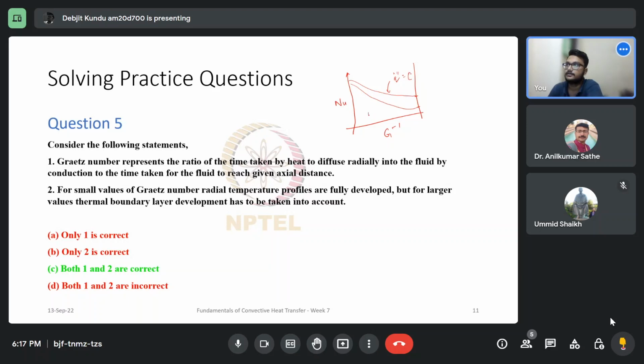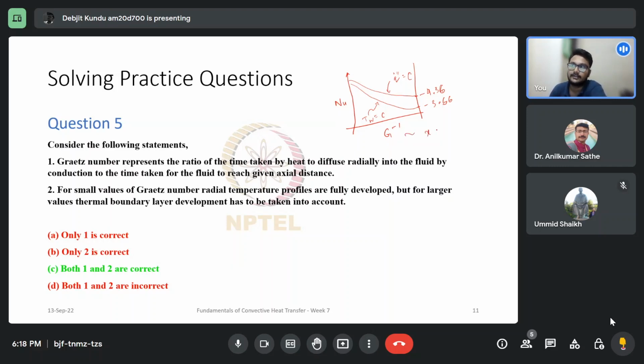And this was the one for constant wall temperature. So these values, we know they converge to 4.36 and 3.66, right? This is the same for fully developed flow, both hydrodynamically and thermally fully developed. These are the values. We discussed earlier that this Graetz number, or inverse of Graetz number,